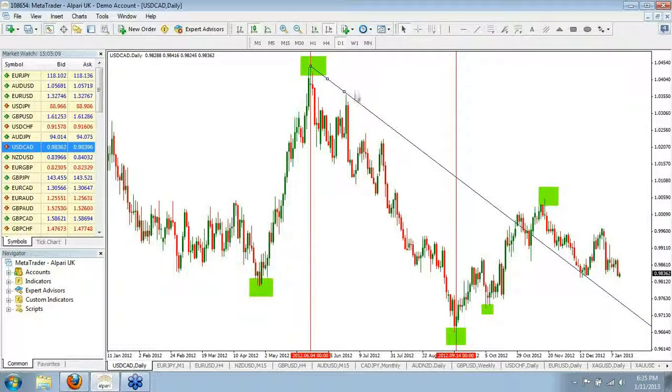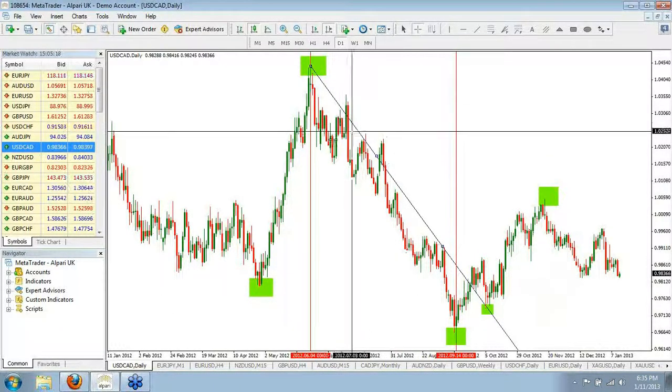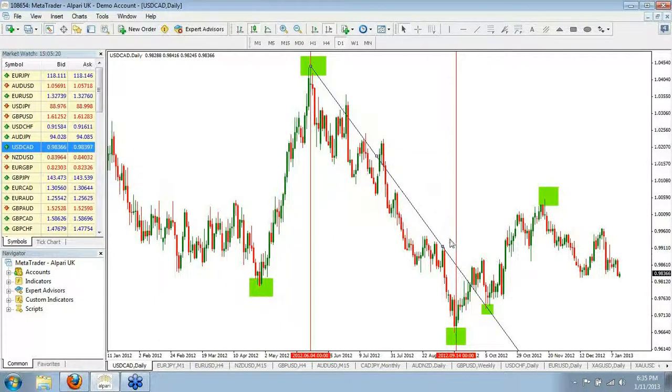Now as an example, can I connect this fractal over here? Is this a valid trend line? It's not, for the simple reason it is going through the real body of the candle. So the most valid trend line is this one. Your trend lines are continuous, they're dynamic in nature. You have to continue your trend lines connecting all the fractals as far as possible till the very last swing